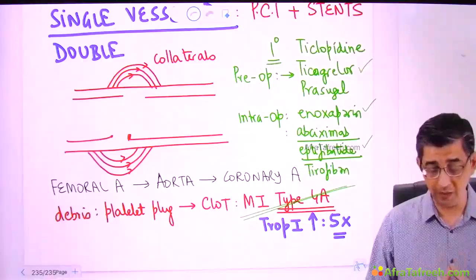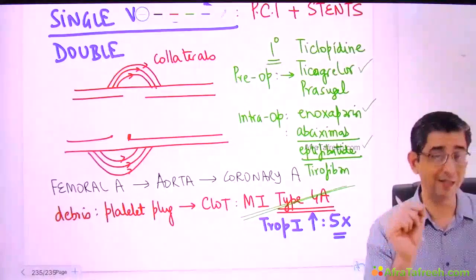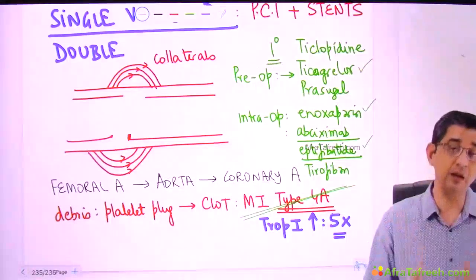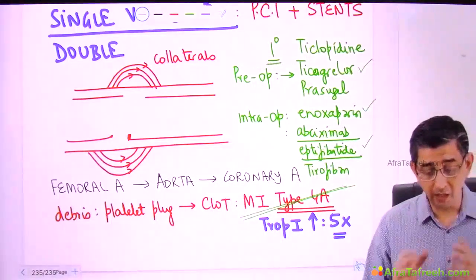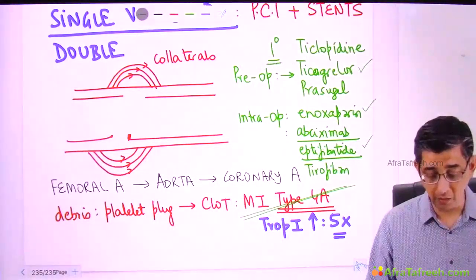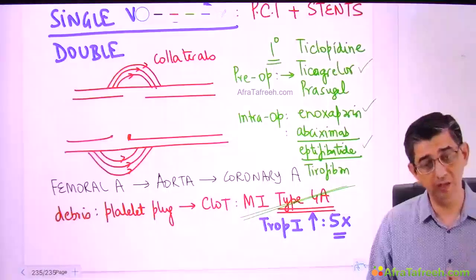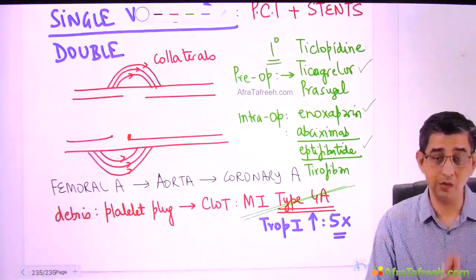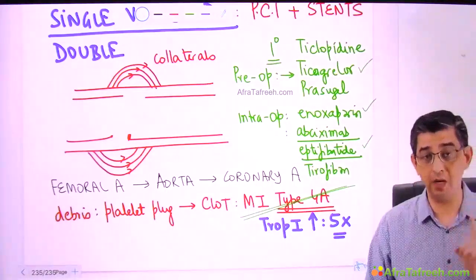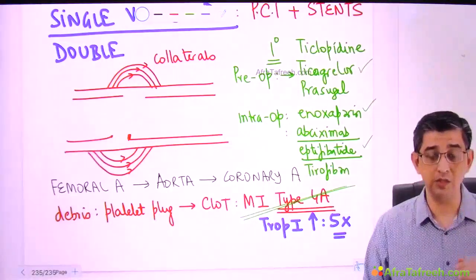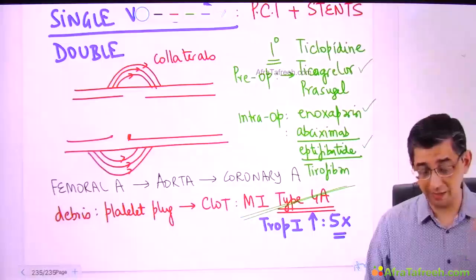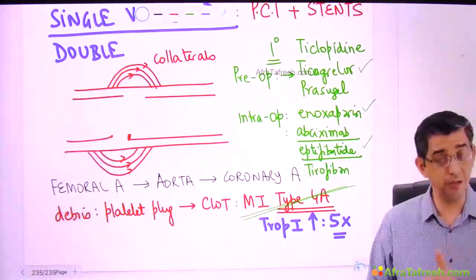But now the problem is, atherosclerosis is such a nasty disease, guys, that it can come back at the same site. It can come back and it can physically block, or it can contribute to even, I would say, the same amount of blockage after a few months. So because atherosclerosis has a tendency to reoccur. Mark my words there, because atherosclerosis can reoccur at the same site, or maybe proximal or distal to this.